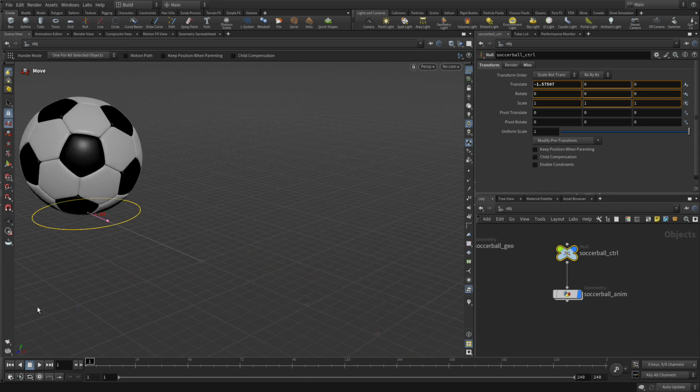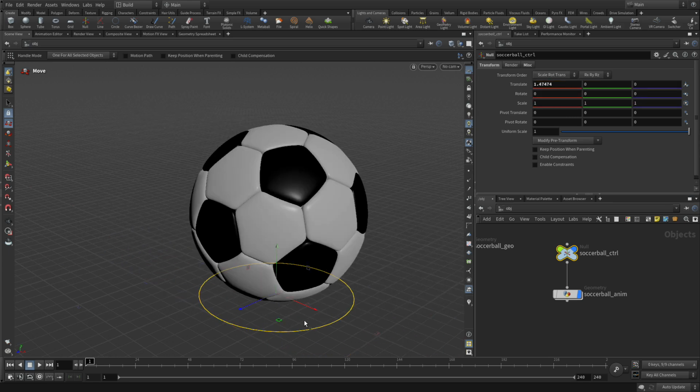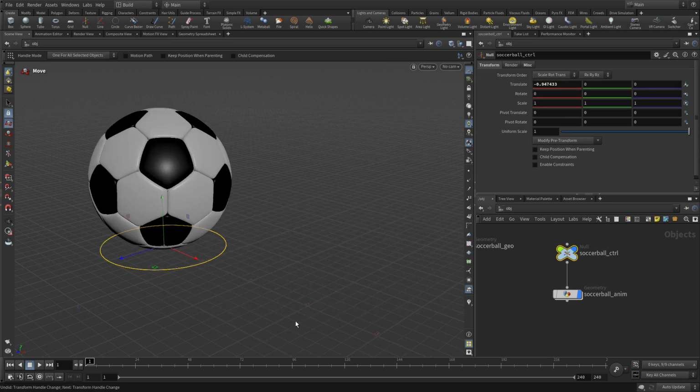So we've created a relationship through an expression to the rotation down at the geometry level to the movement here at the object level. So then undo when you finish. Now in addition to that rolling, we also want to do some squash and stretch. So let's create another null object,